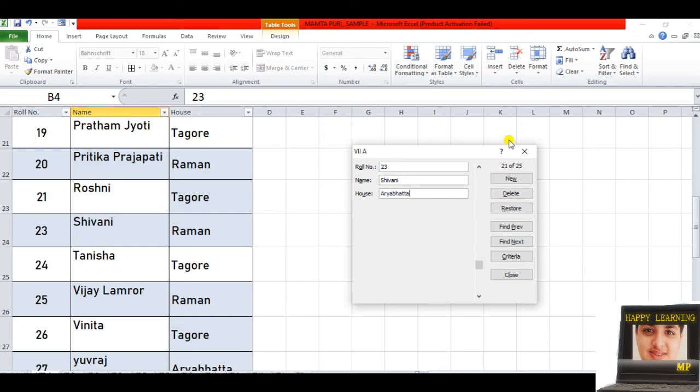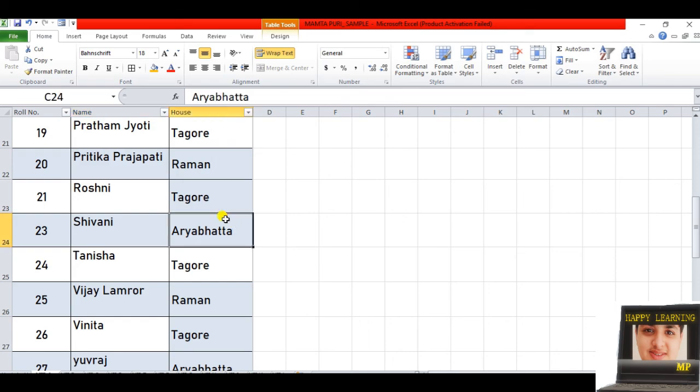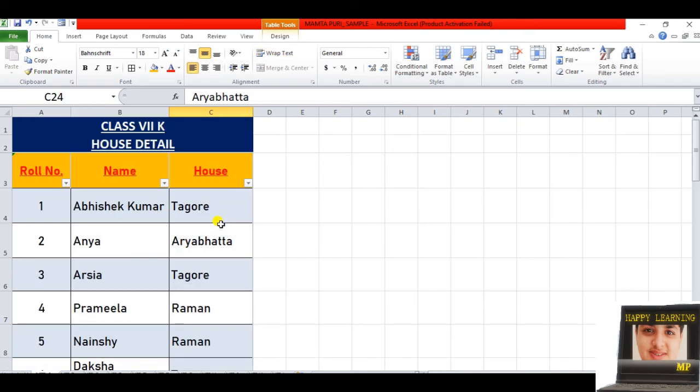Now press Enter. Now see, Shivani's house has been changed to Aryabhat. So this is the way you can make changes to your records anytime using forms. Lastly, when all your work is done, close this and check your list whether it is okay or not, whatever changes you have made. So that's it.